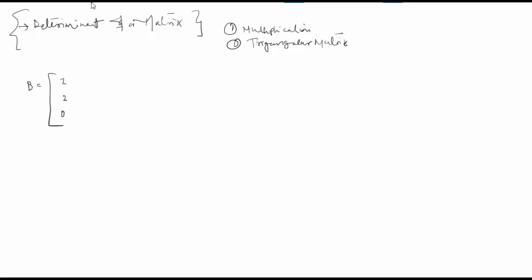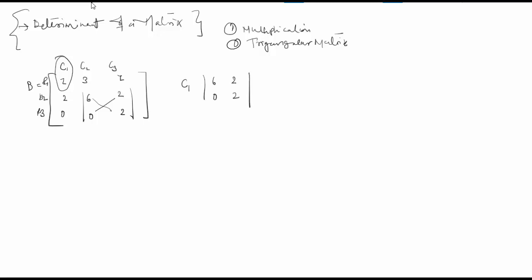1 2 0 and 3 6 0 and 1 2 2. So this is a matrix, and if I want to find the determinant, then C1, C2, C3 are the columns, and R1, R2 and R3 are the rows. So I can consider this first by taking C1, and then I want to cross multiply this in such a way that I can write it as 6 0 and 2 2. Then I will have to take a minus of what comes for C11 and C21,